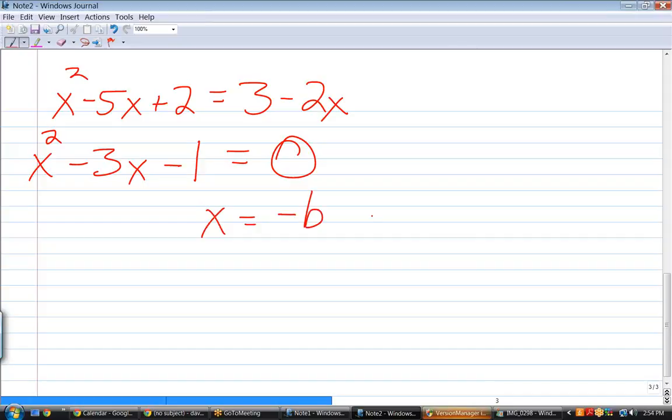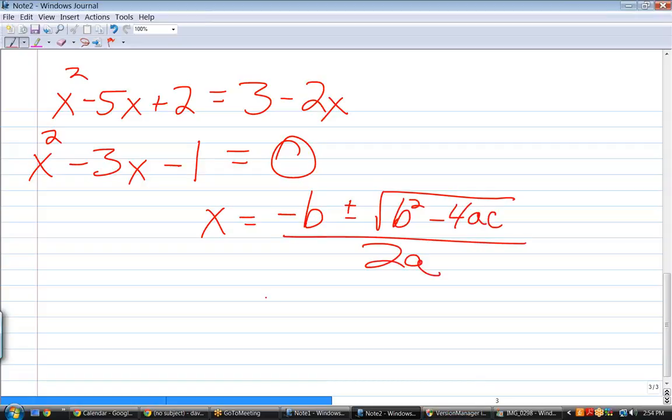Negative b plus or minus the square root of b squared minus 4ac, all over 2a. Go ahead and substitute for this. So it would be 3, wait, is it 3? 3 is correct. Minus b is a positive 3. Yeah, 3 plus or minus the square root of 9